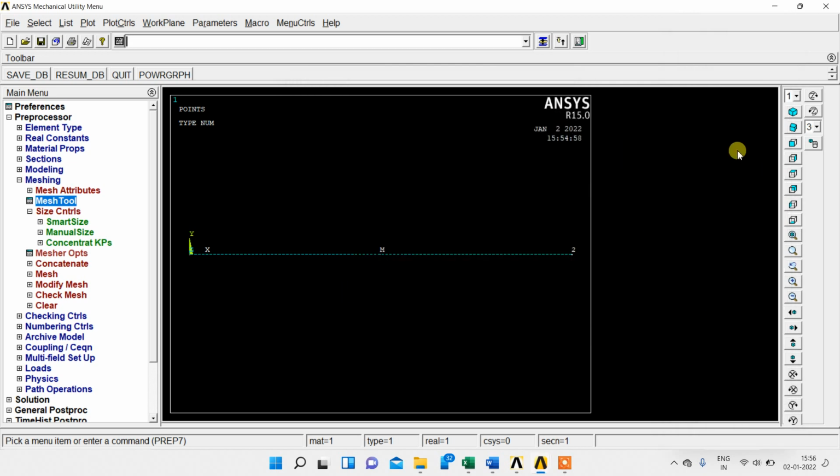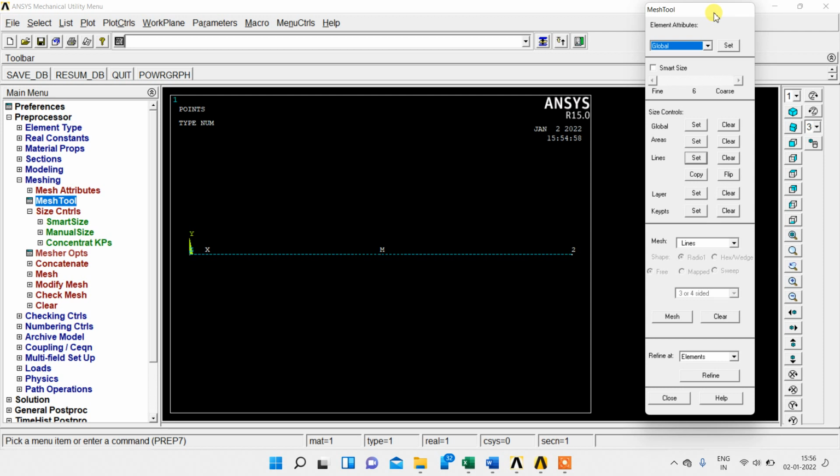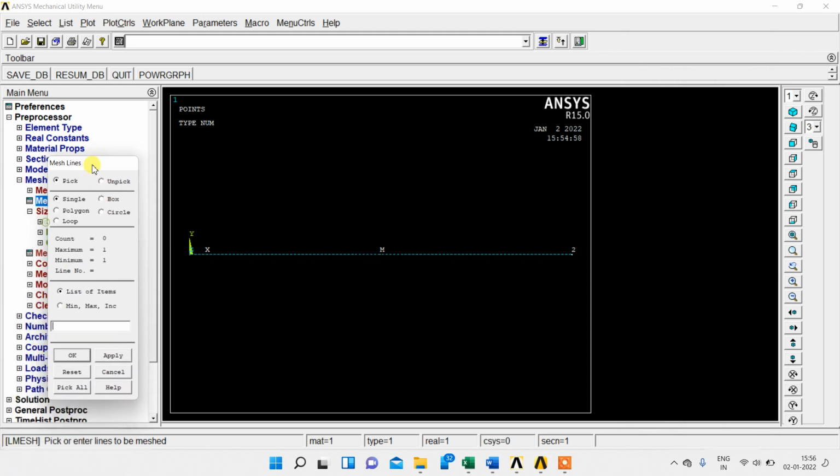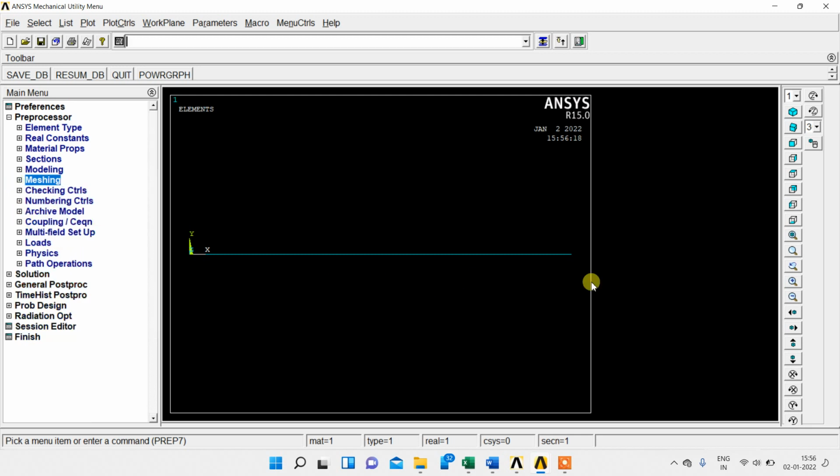Now if any dialog box is hidden, we can use the raise or hide button. Here we can retrieve the hidden dialog box and click mesh, then pick all. Okay. Now we have 100 elements.